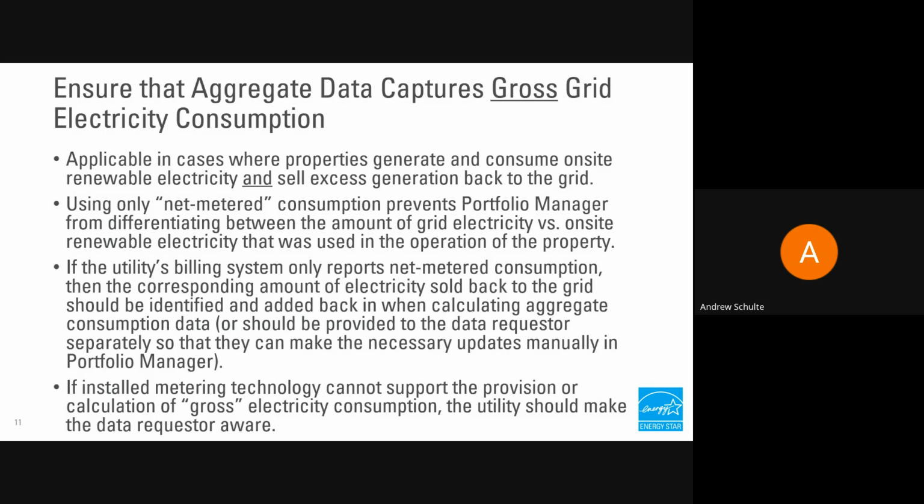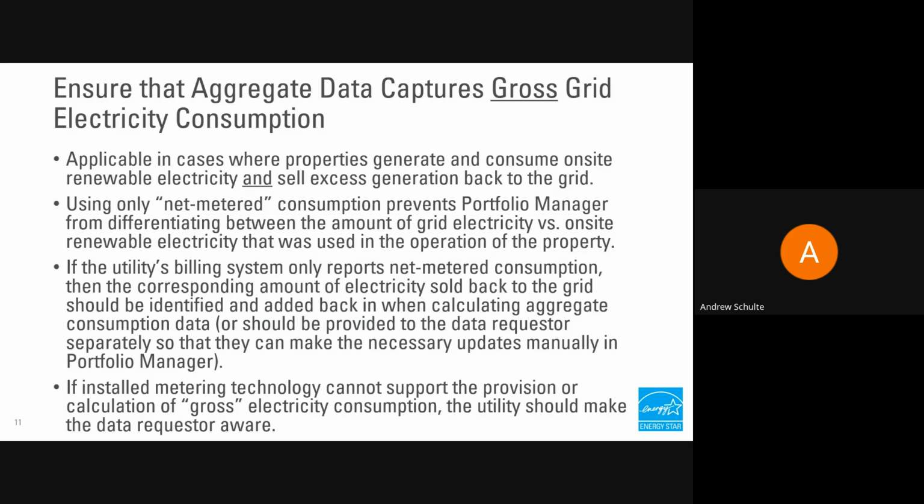Right now, we know that in cases where customers are set up, interconnected with the grid, and selling back excess on-site generation, we know that the net metered consumption is an important construct for billing purposes, right? The net consumption represents what the customer consumed from the grid, less the amount that they sold back to the grid. It's a very important billing construct, but I think the important thing that is easy to overlook sometimes is